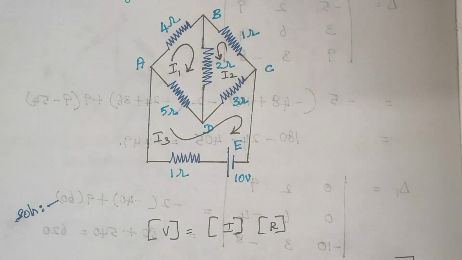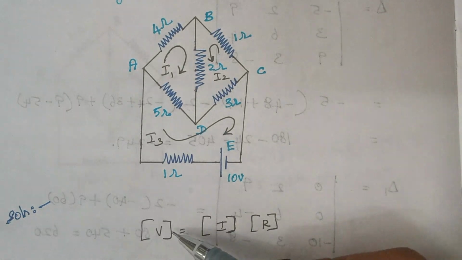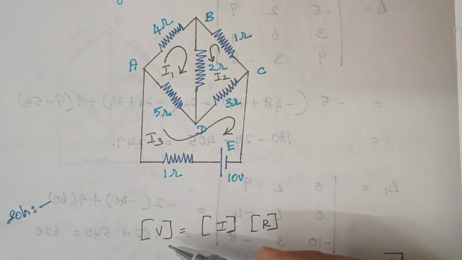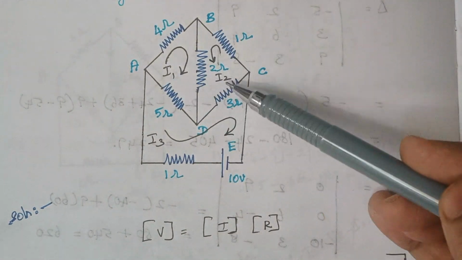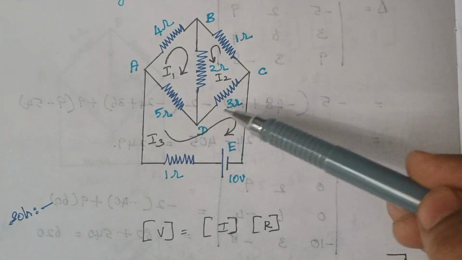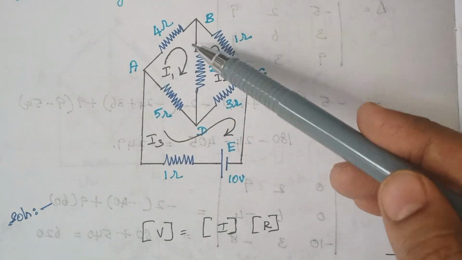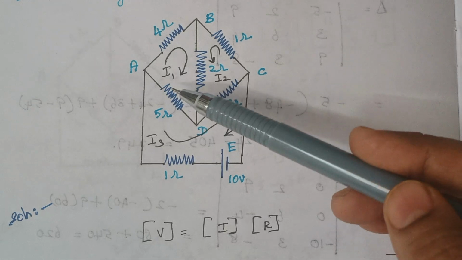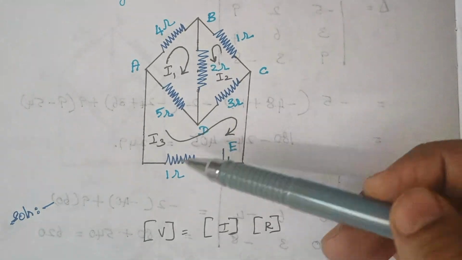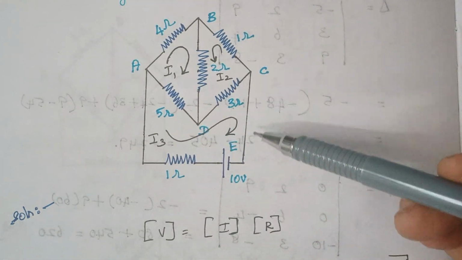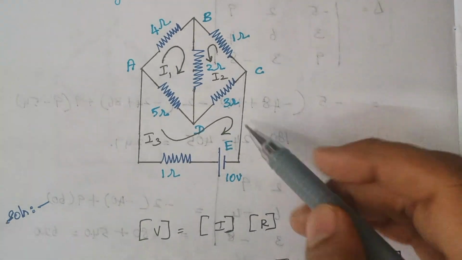Now, I am going to write each and everything in the form of a matrix. Here V is nothing but the voltage source. Now assume this is our loop 1, this is our loop 2 and this is our loop 3. Loop 1 has no voltage source. So, it is 0. Again, loop 2 has no voltage source. So, it is 0. Whereas loop 3 has a voltage source, it is of 10 volt, because you see the